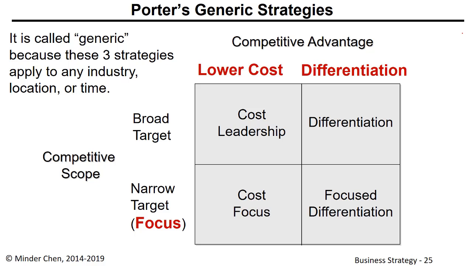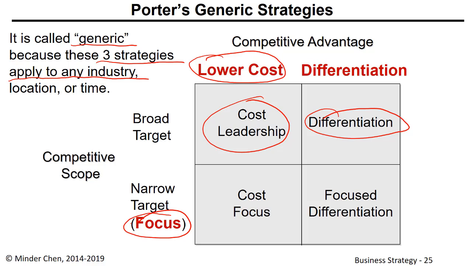And another one is Michael Porter's. By this time you probably know Porter is considered a kind of guru in business strategy, a Harvard Business School professor. He introduced another simple framework, really, which is called generic strategies. It is called generic. Basically, there are three strategies. It's called generic because he believed these three strategies can apply to any industry, location, or any time. And the three generic strategies are the following: low cost or cost leadership strategy,